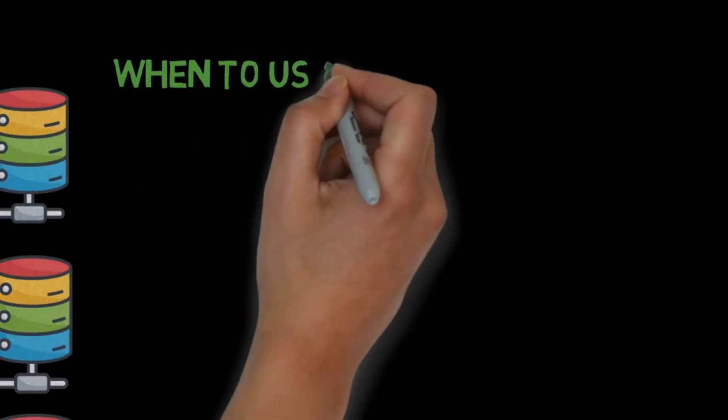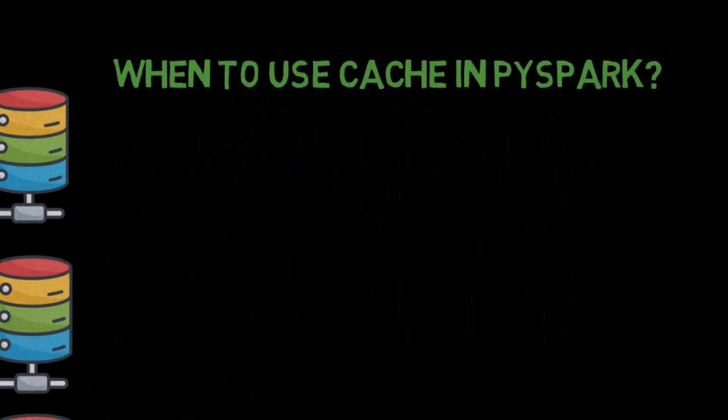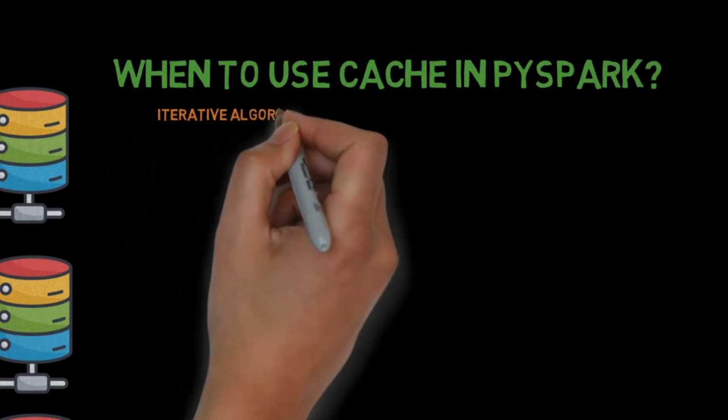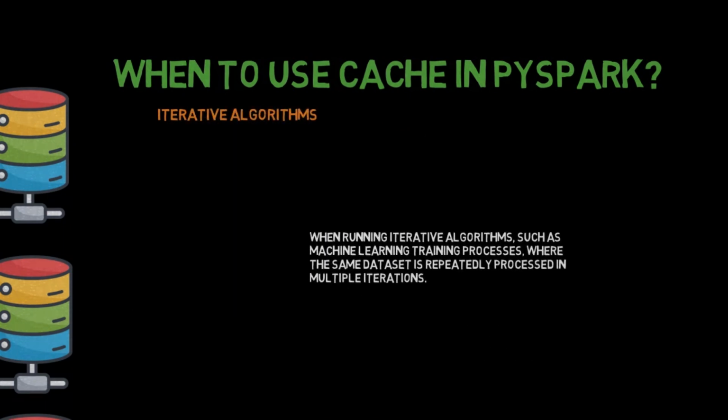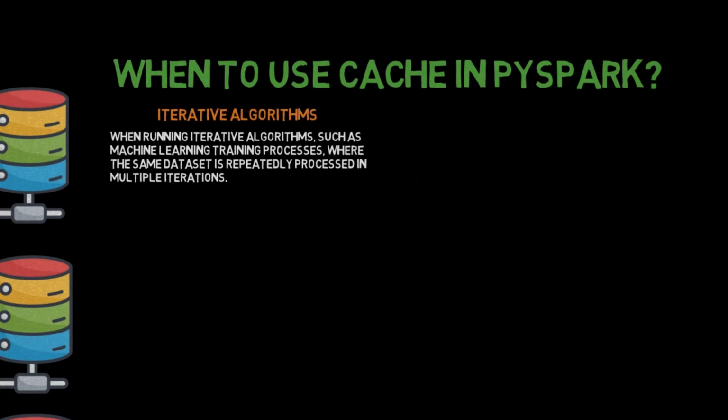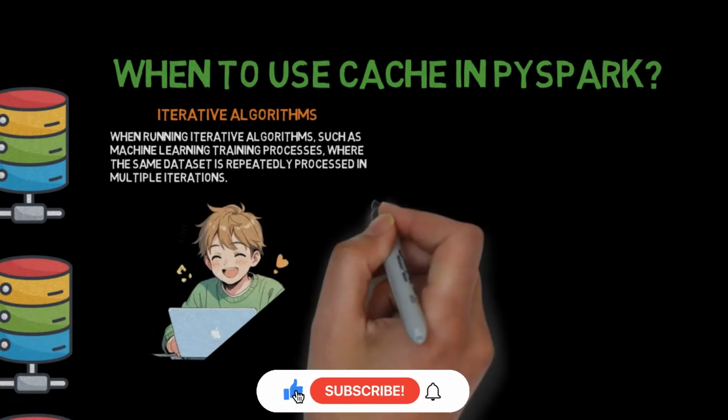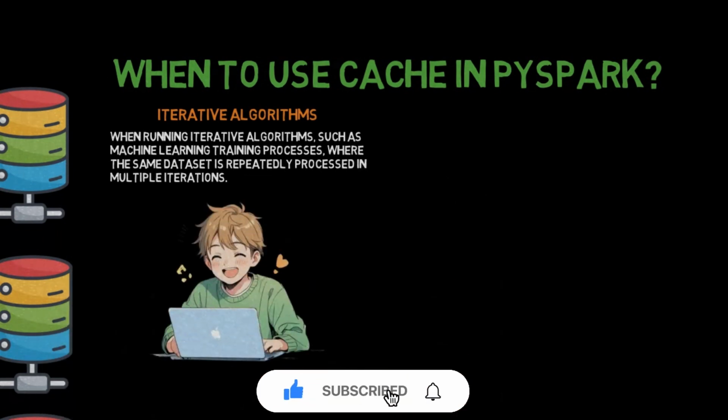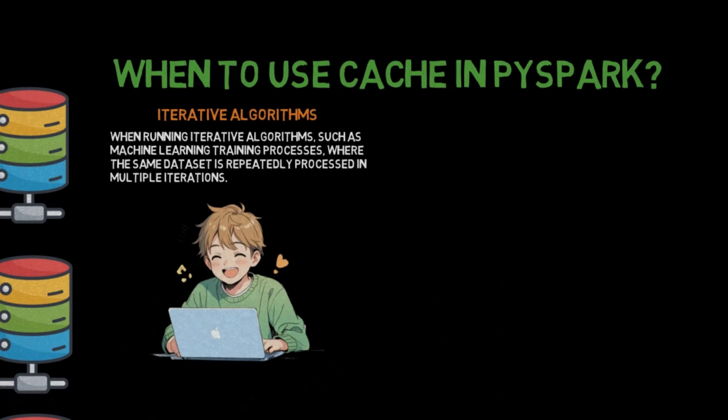When to use cache in PySpark. Iterative algorithms. When running iterative algorithms such as machine learning training processes, where the same dataset is repeatedly processed in multiple iterations. For example, in machine learning, training a model often involves multiple iterations over the same dataset to optimize the model parameters. Without caching, the data would be read and processed from the source in each iteration, leading to